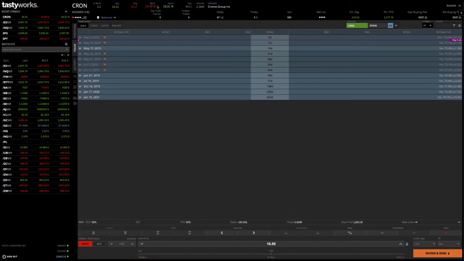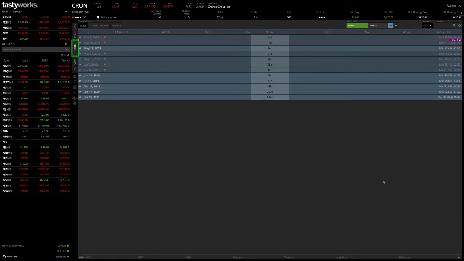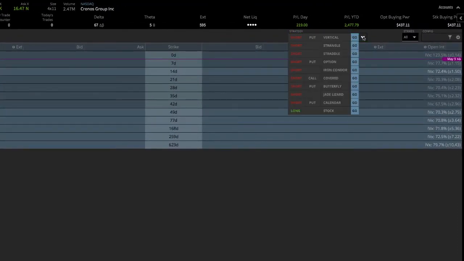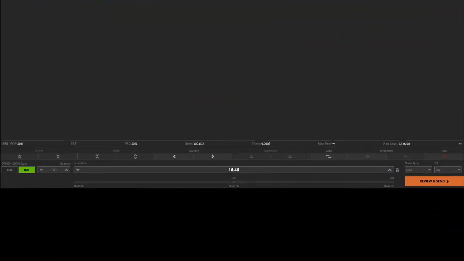You can clear the order and start over at any time by clicking the red eraser along the right side of the page. To place a stock trade from the Trade tab, open the Strategy menu along the top of the tab. At the very bottom, you'll see Stock. You can click long or short just to the left of stock to change the order to a long or short stock trade. Click go when you've made your selection, and you'll see your stock trade populate along the bottom